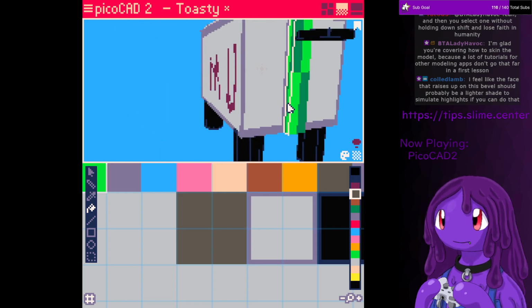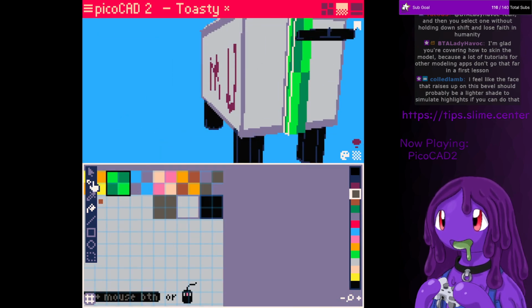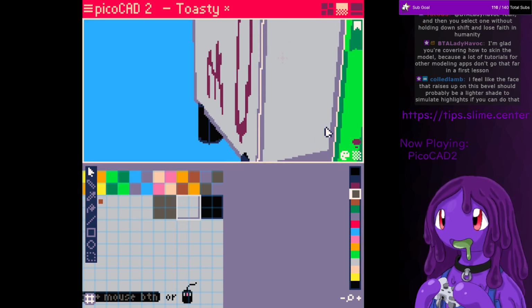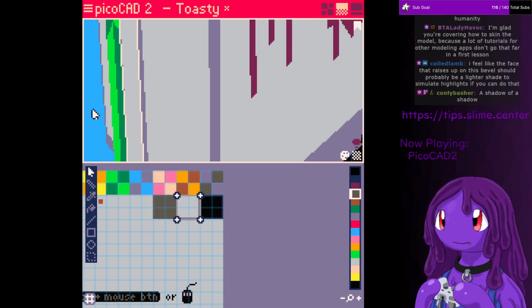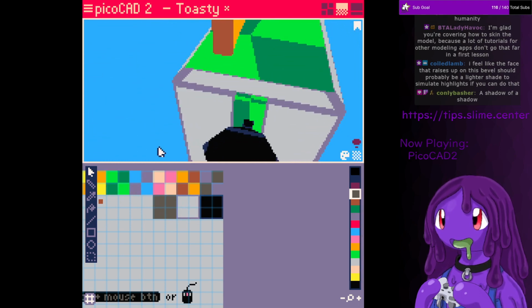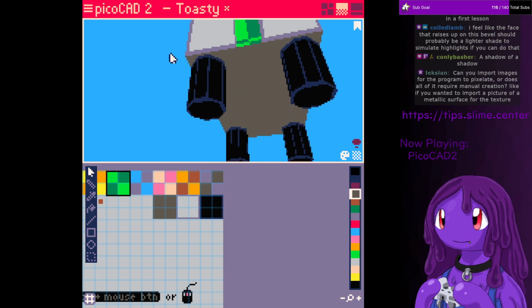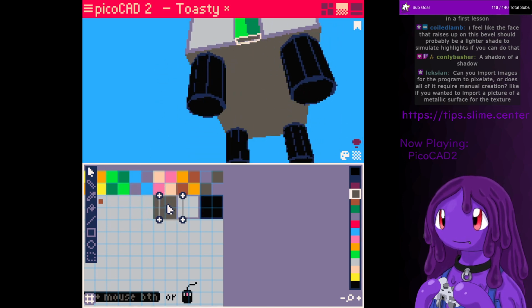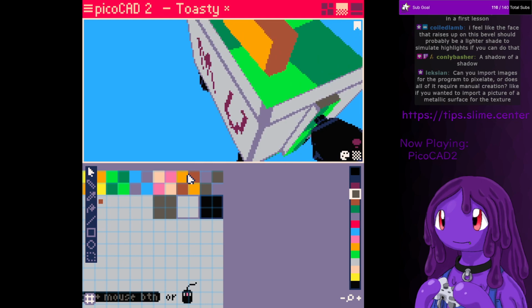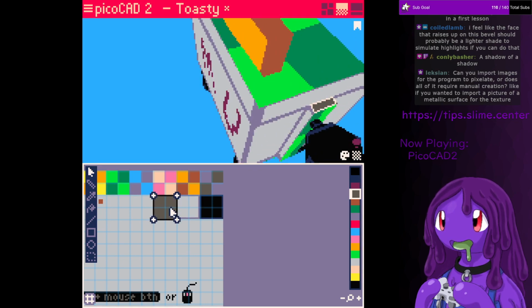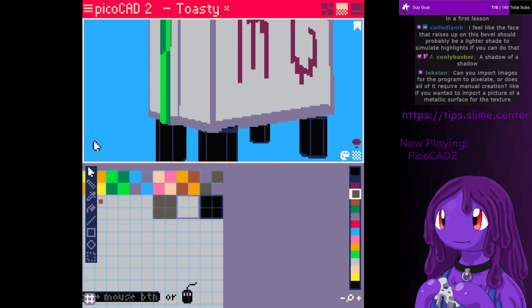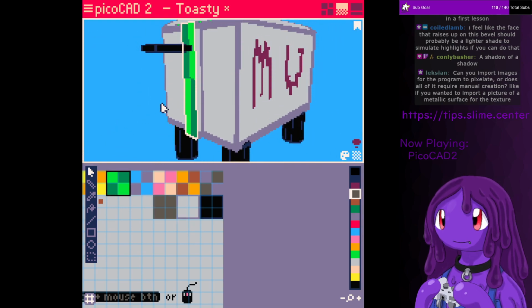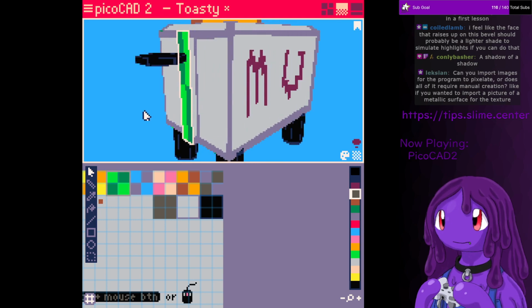Grab this, and we're going to treat those edges as the same. Accidentally drew again, which means I need to reselect these. There we go. Oh, there's another face, and another face. This top one should be like that, but the bottom one should stay that gray color, I think. And then